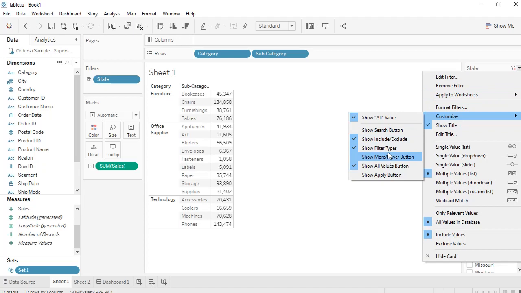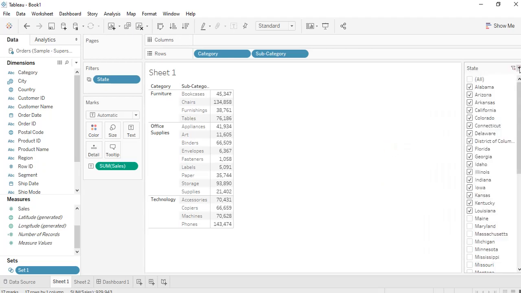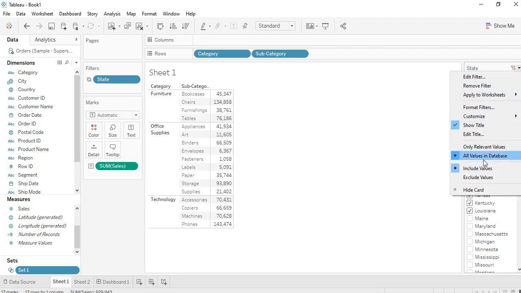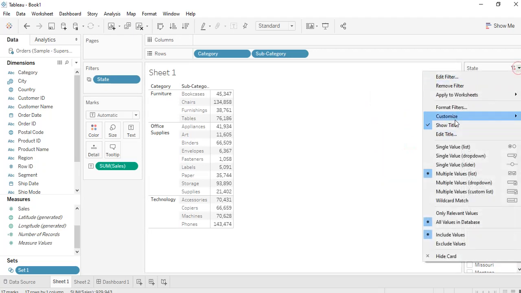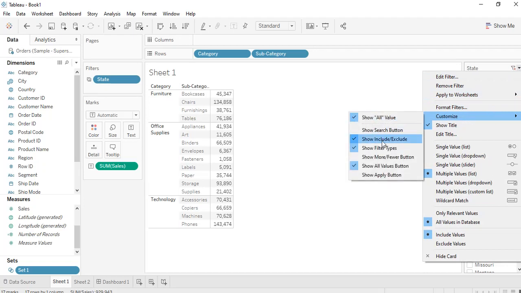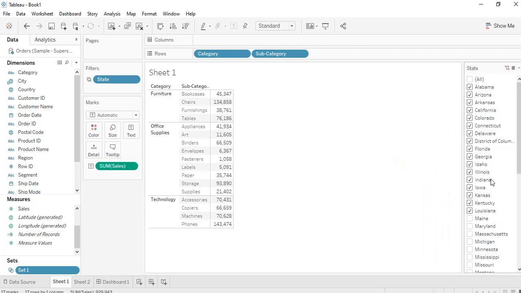And then the show filter types means you can see the drop down itself has changed. Okay, but I want those filter types. So apart from all this and show search button, this includes show filter, show more or fewer values and all. So show more or fewer values. So what this does is,